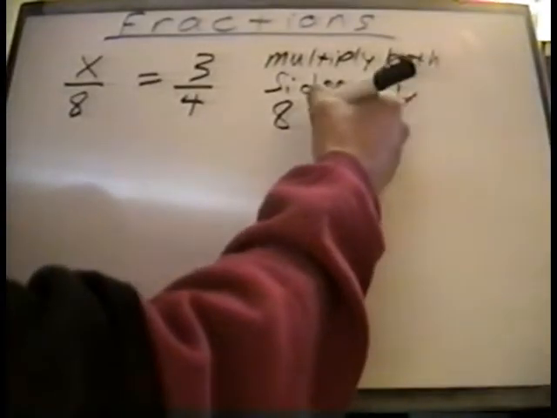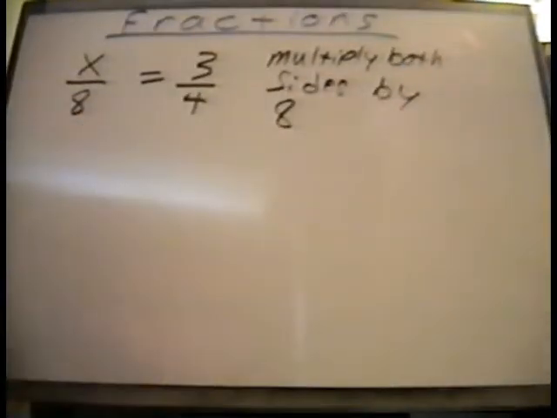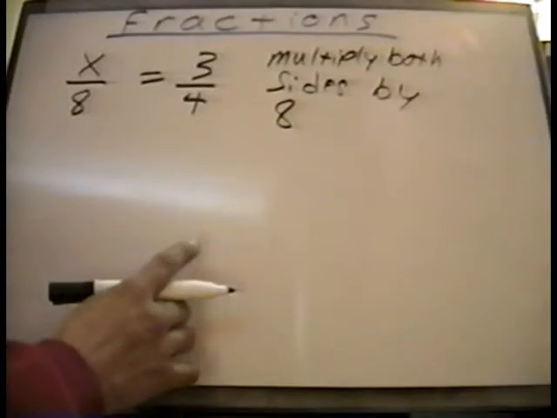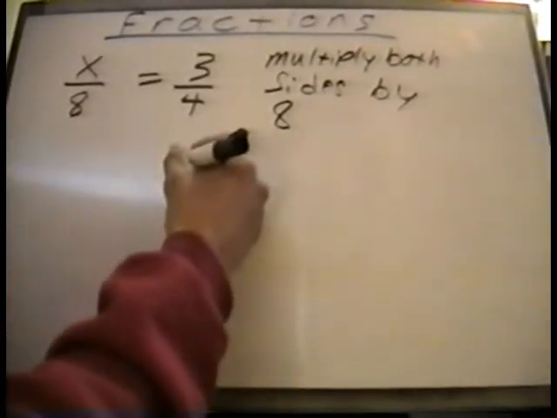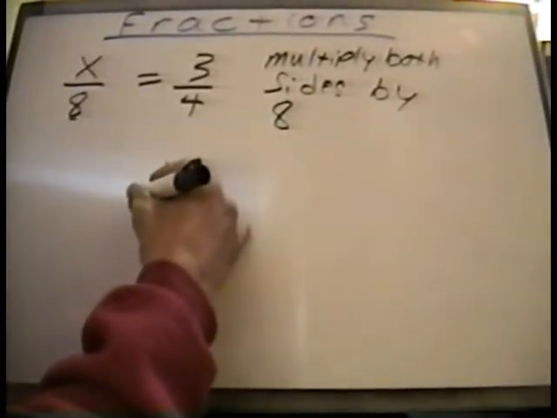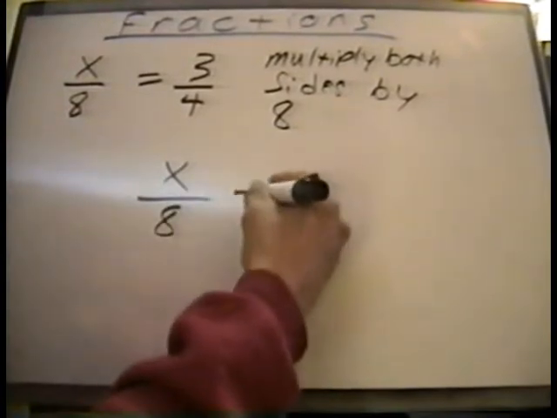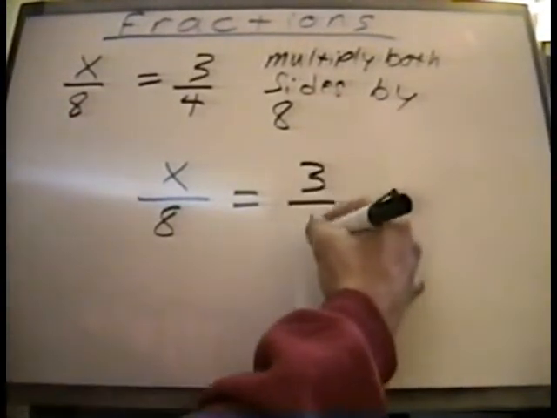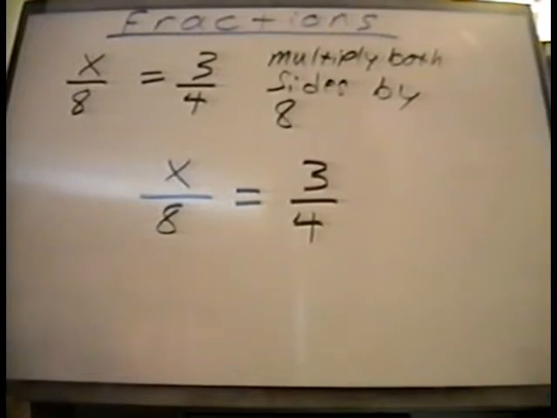By the product of 8 and 4. Well, first we're going to multiply both sides by 8 to show you what happens. And if I multiply both sides by 8,